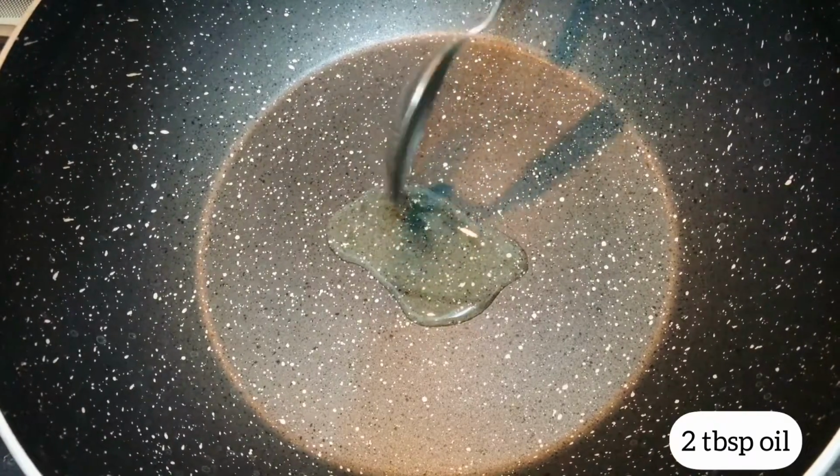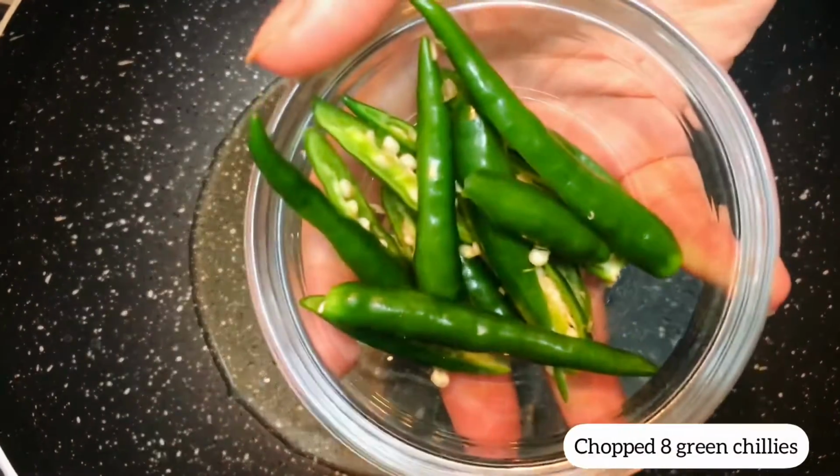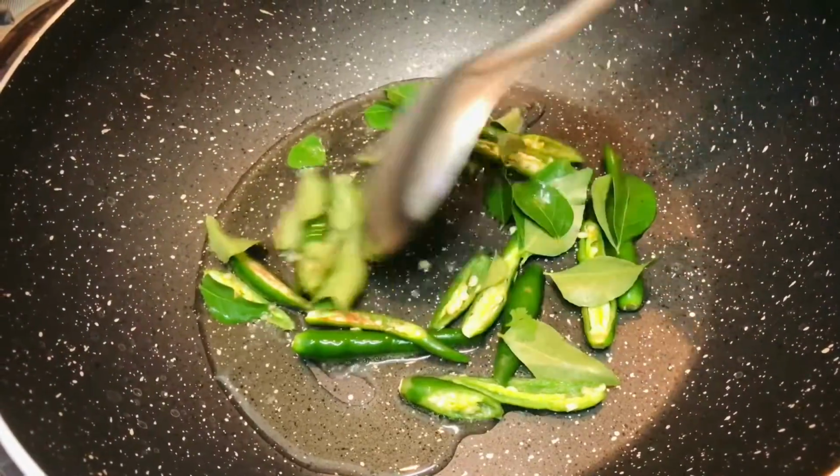In a separate pan, add 2 tbsp oil, chopped 8 green chillies, curry leaves, fry for 2 minutes,